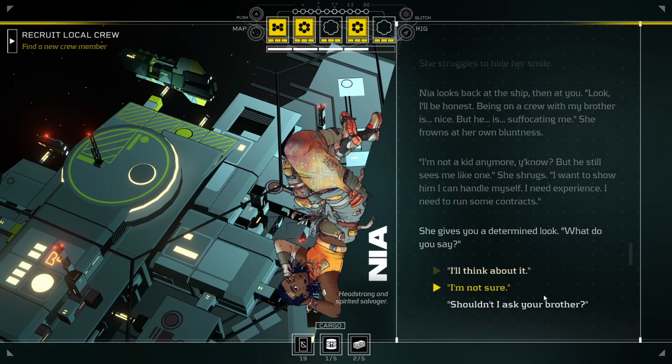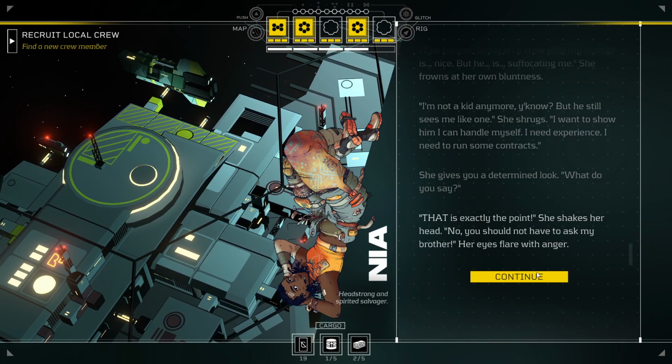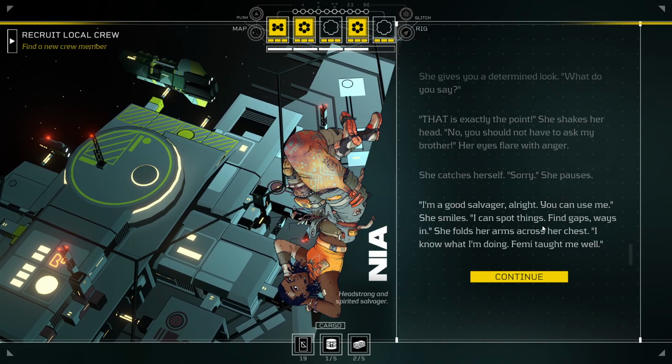What do you say? Shouldn't I ask your brother? That is exactly the point. She shakes her head. No, you should not have to ask my brother. Her eyes flare with anger. She catches herself. Sorry, she pauses. I'm a good salvager, all right? You can use me. She smiles. I can spot things, find gaps,